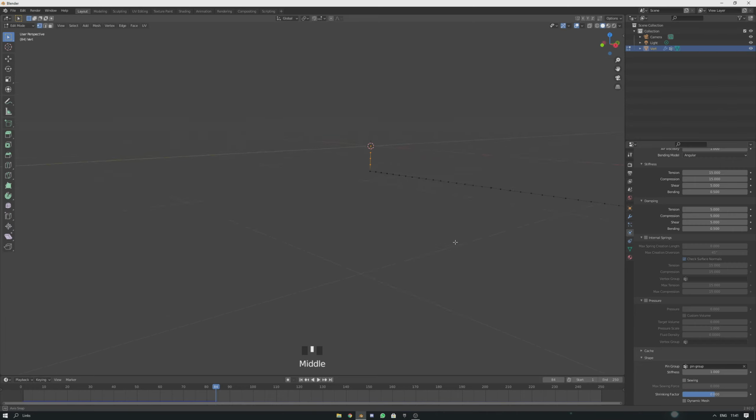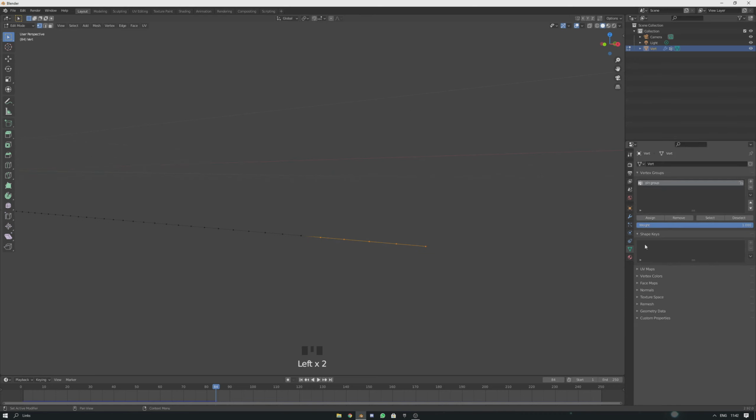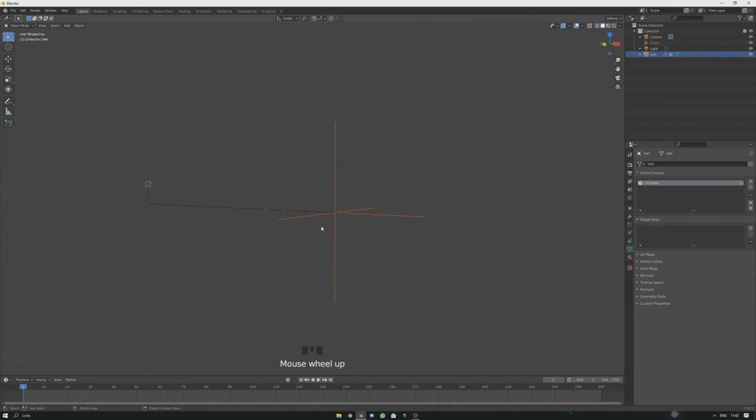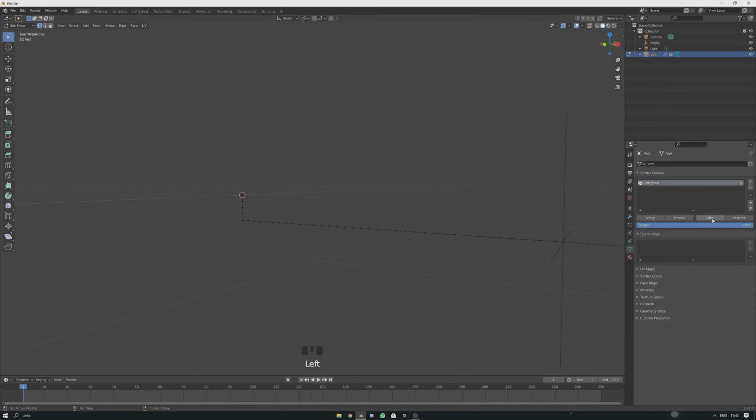So tab into edit mode and then you wanna select these, or just to be sure, get in here, deselect all and then click select on the pin group and then deselect these. Now F3, hook to new object. You should type in hook to new object and hook it. Things should go squiggles, don't really worry. Select it again and do the same for the other side. Select, deselect this, F3, hook to new object.